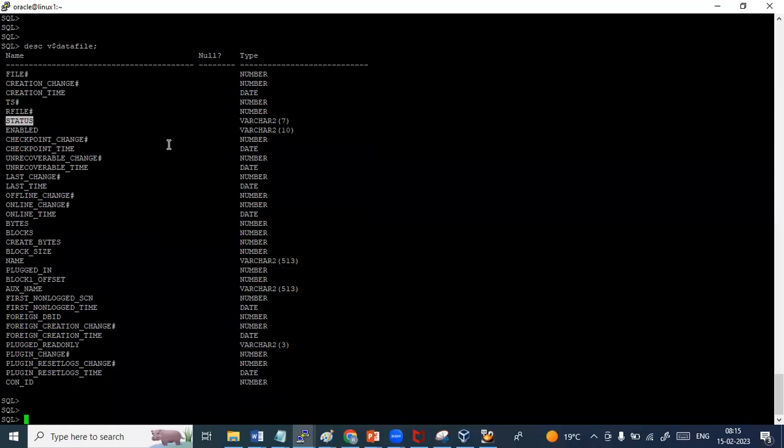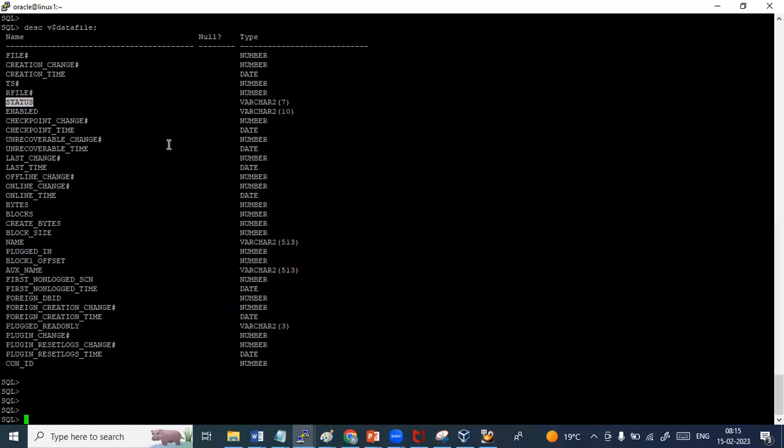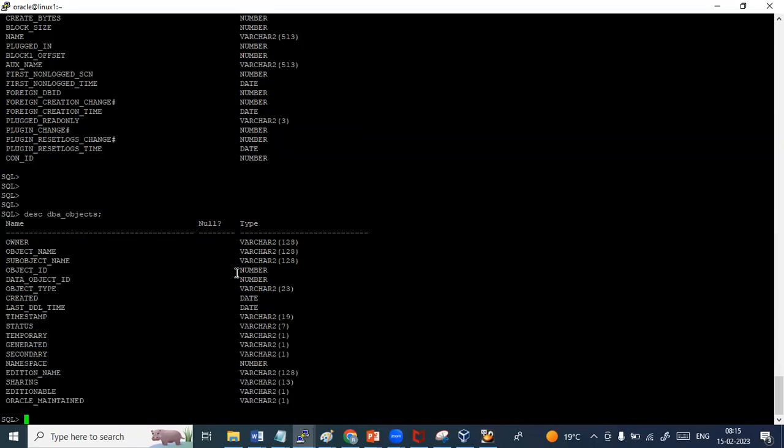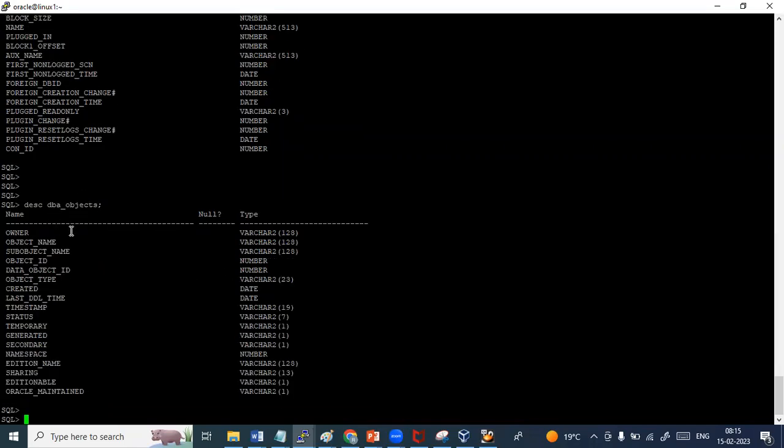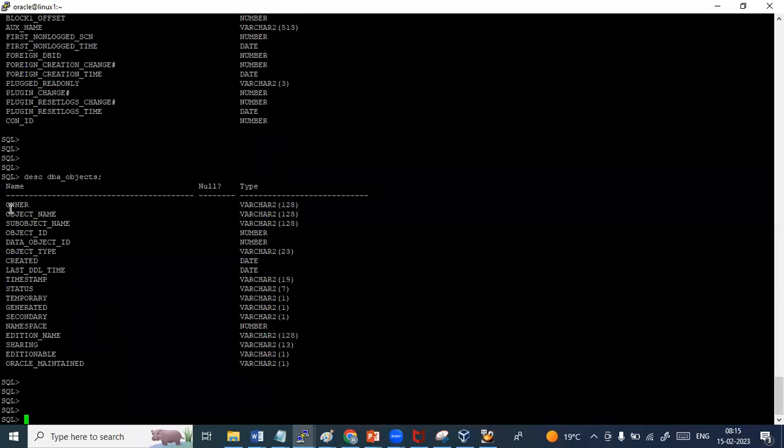So you can see what columns are available in a particular table using desc. Desc means description. Got it? Similarly, we have DBA_OBJECTS. DBA_OBJECTS is the one where you have the information about, suppose, let's say,